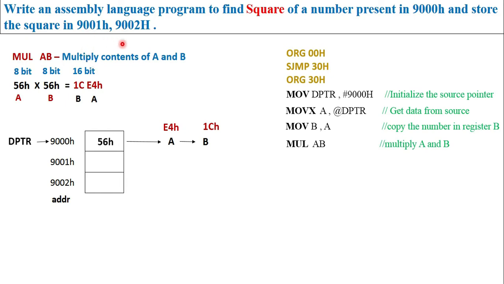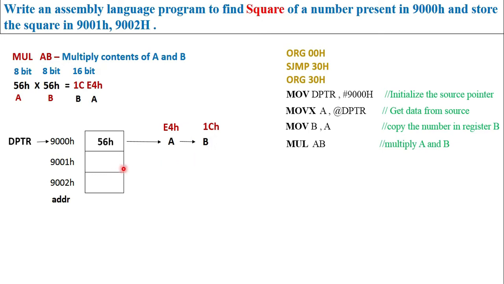The way we store is again dependent on our choice, whether we store the higher byte first or the lower byte first. So if we wish to see the answer as 1CE4, we need to store 1C, the contents of B, first and then the contents of accumulator. If we do not want to see it in this way, if we are okay with interchanging, then we can store accumulator itself first. So let's observe the output in the same order. So first we should store the contents of B register into 9001.